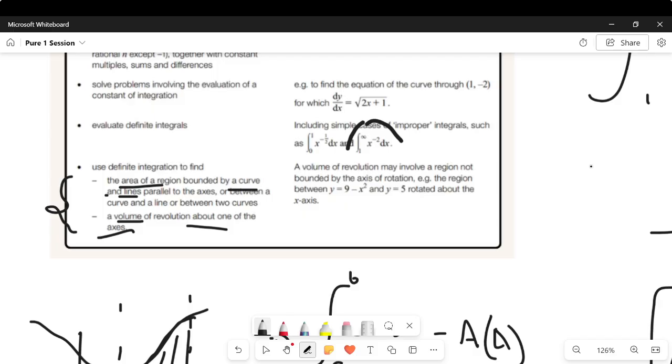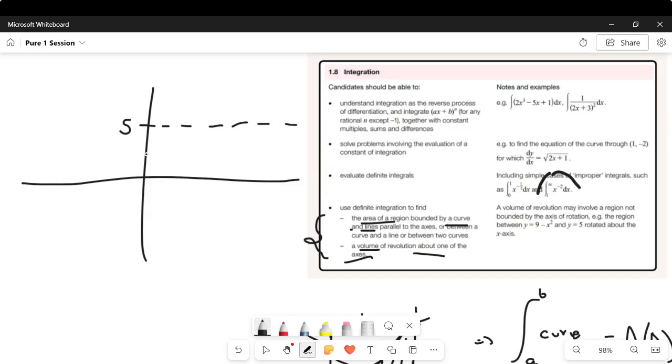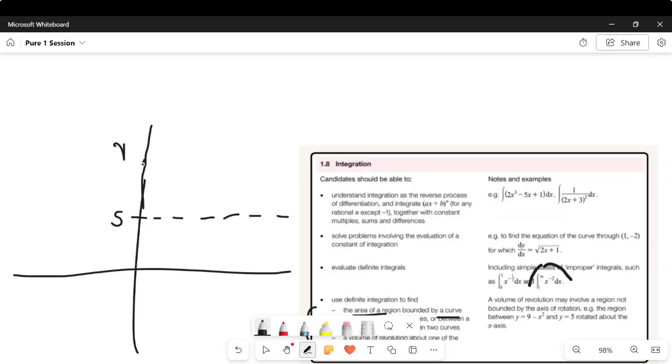If you were to plot 9 minus x squared, you would have 9 over here. It's concaving down, so something like this. And then they say, for example, the region bounded between 9 minus x squared and y is equal to 5,